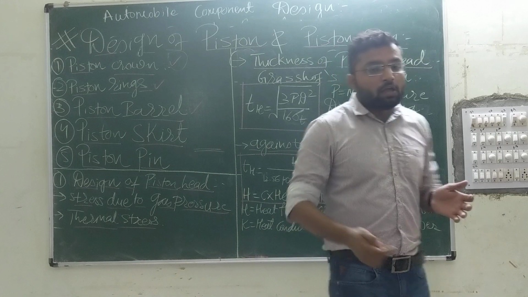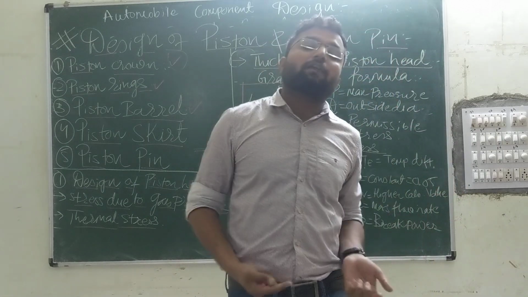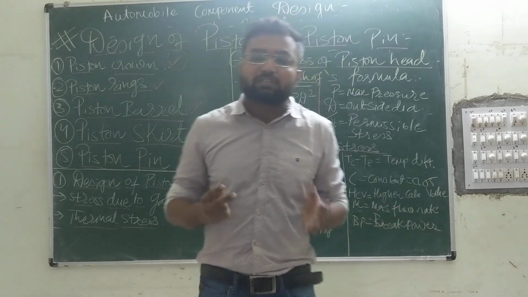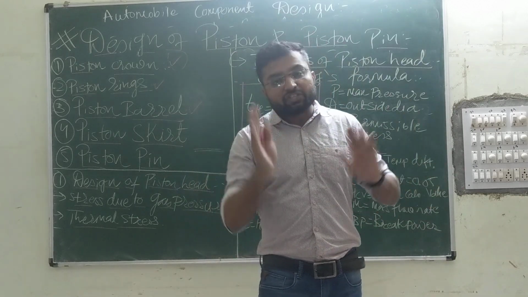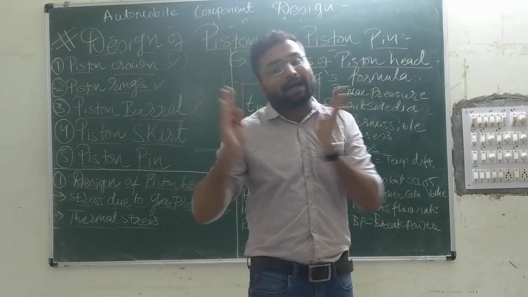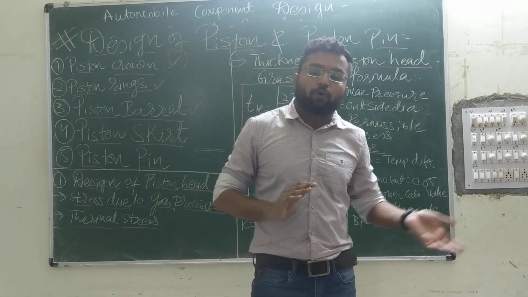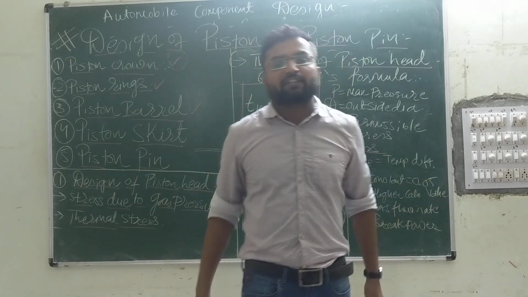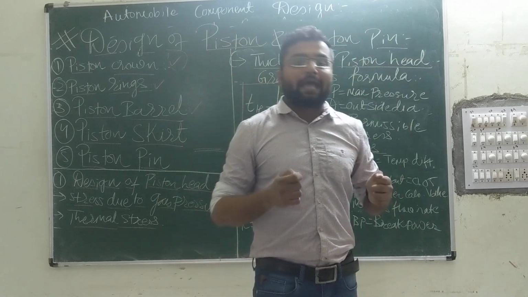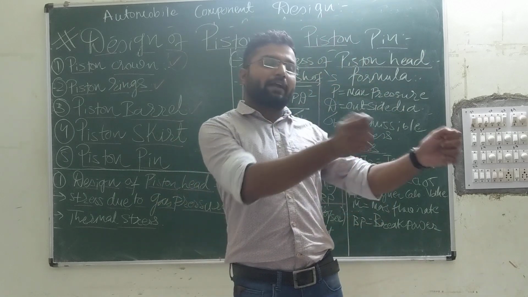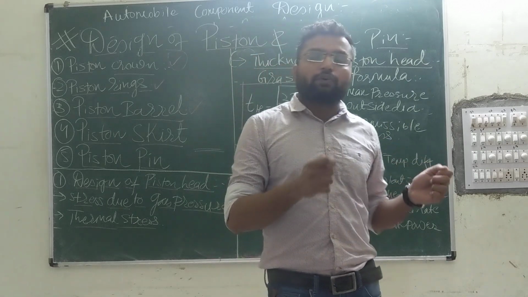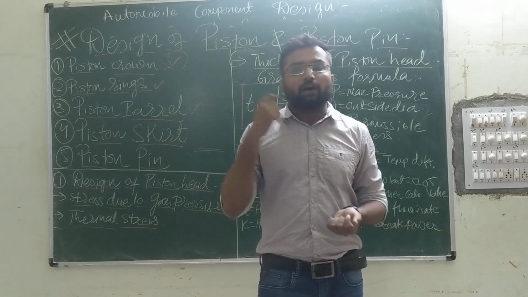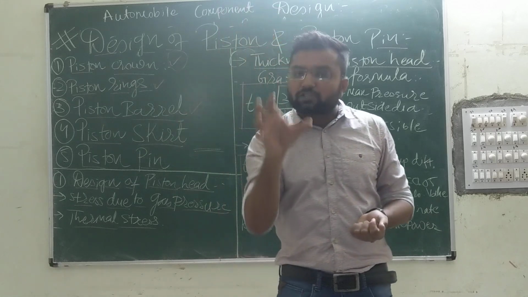What is the piston barrel? When we manufacture a piston, there will be two core processes. Core process means the piston is shaped by some manufacturing process. It could be forging or it could be casting. So that is the core process. In the core manufacturing process, when you as a design engineer provide data to our production manager, they will consider the piston in two parts. One is the piston head part and another is the piston barrel part.